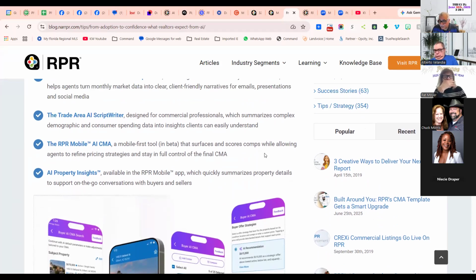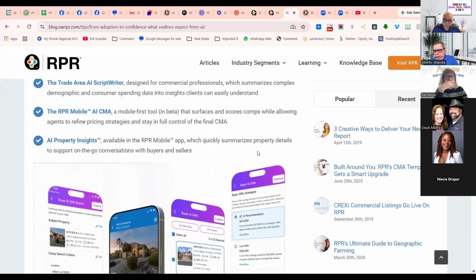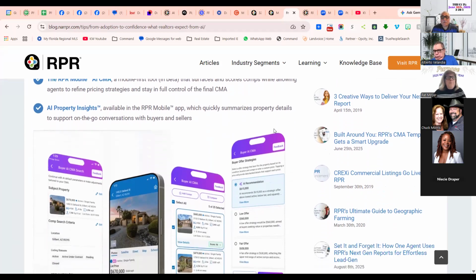I don't do commercial, so that's why I don't teach commercial. RPR Mobile AI CMA is a mobile-first tool. It's in beta right now. It surfaces and scores comps while allowing agents to refine pricing strategies. The AI Insights, which I just showed you, quickly summarize property details